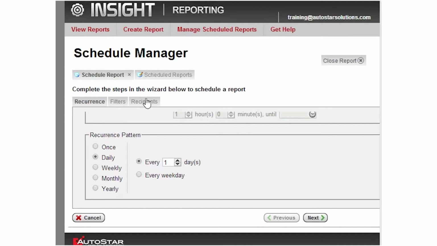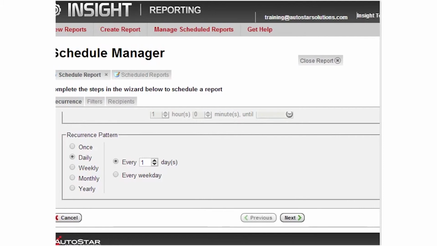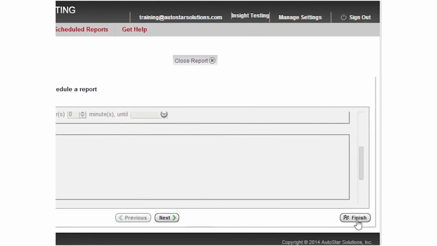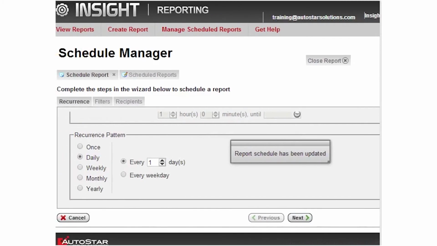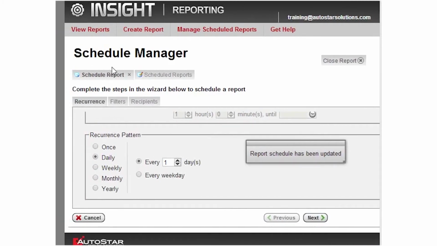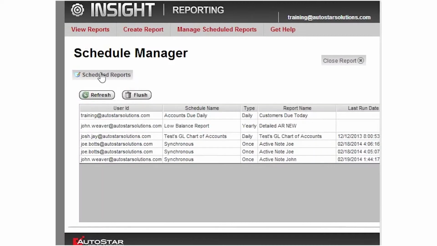And if you need to add or remove any recipients, you could do that as well. Once you've completed all the edits or changes, then click Finish. The system will generate a message saying that your report has been updated. And then you can simply X out that instance that the system opened, and you'll be directed right back to